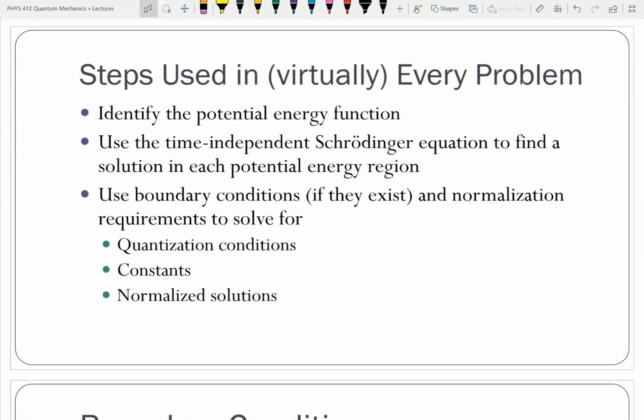So the steps we used in every problem, for the most part, was we identified the potential energy function first. Without the potential energy function, we don't have anything to go on. Then we used the time independent